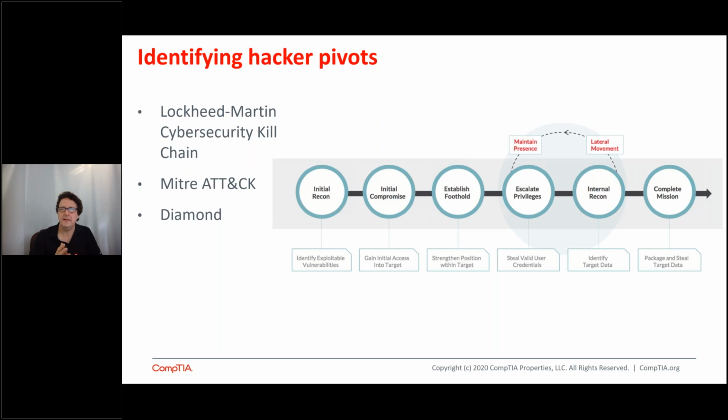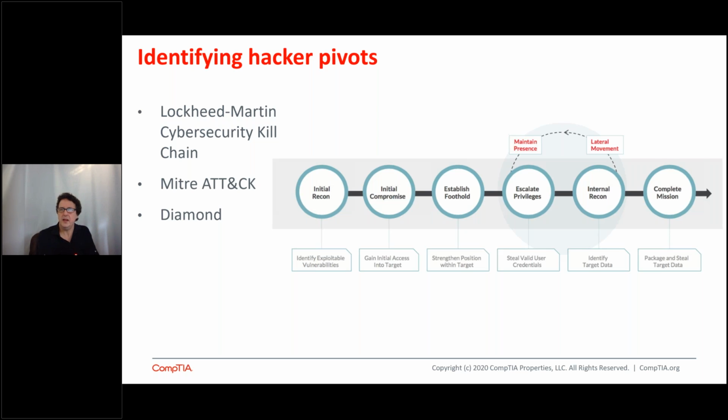Other people will say, well, another way to look at it is there's the initial recon, and then they do an initial compromise. They establish a foothold. You escalate privileges, or you move laterally. You conduct more reconnaissance internally to see where you are. Each of these elements represents kind of a pivot point. That's a fancy term for saying, okay, I'm in a certain situation. What do I do next? Given the data that I have, how can I do something and move on to do the most damage, or to get access to what I want, or to reach my goal? And then complete mission. There are all these different models.